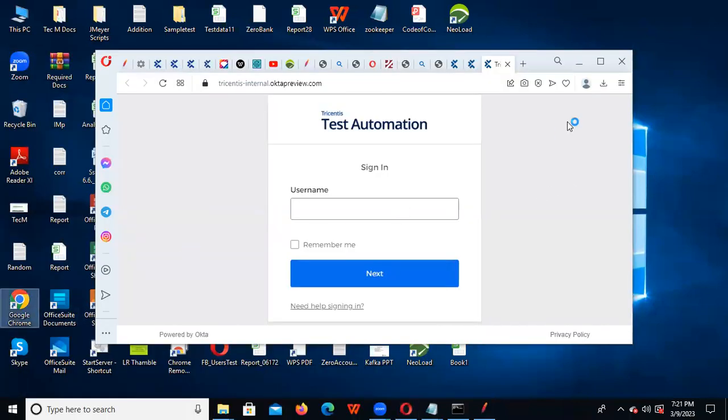Okay, we'll open Chrome only. I'm opening Chrome. These two prerequisites will be important. One is the proxy settings,